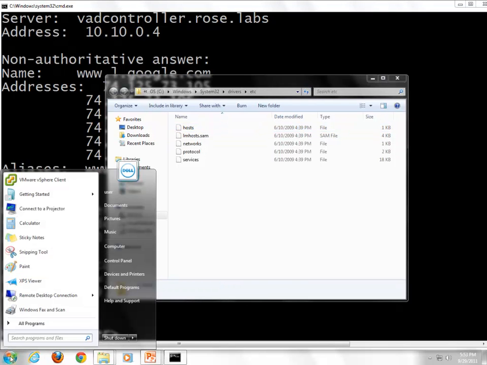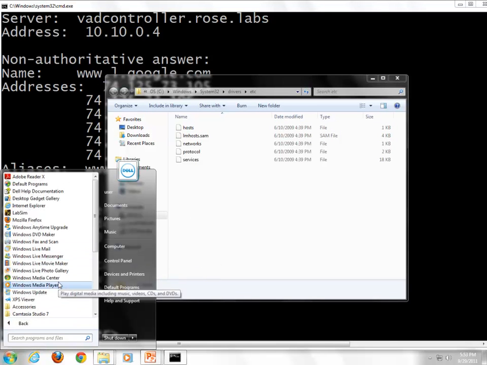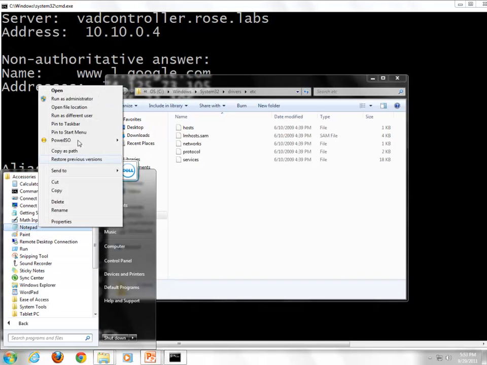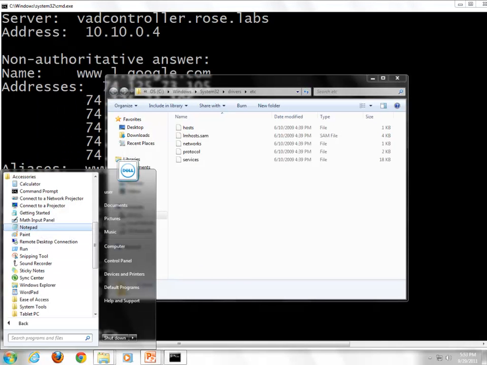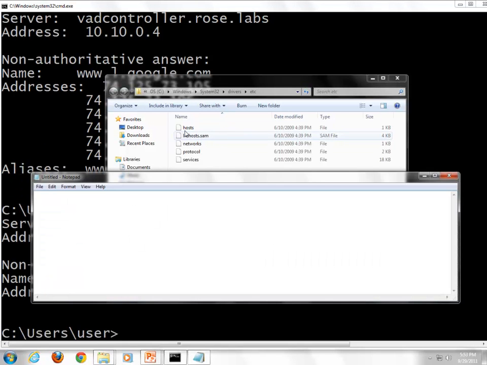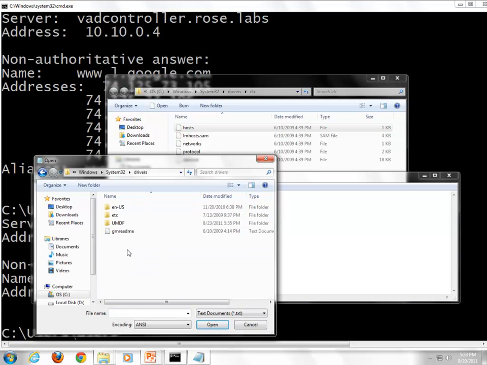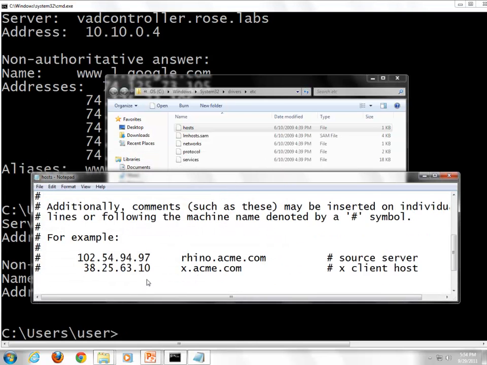I know why. Where's Notepad? We're going to get it. Don't give up yet. Give up soon, but not yet. Run as administrator. Yes. Oh, I can't do that on this one? Well, that just sucks. Open. Drivers. Etc. All files. Hosts.